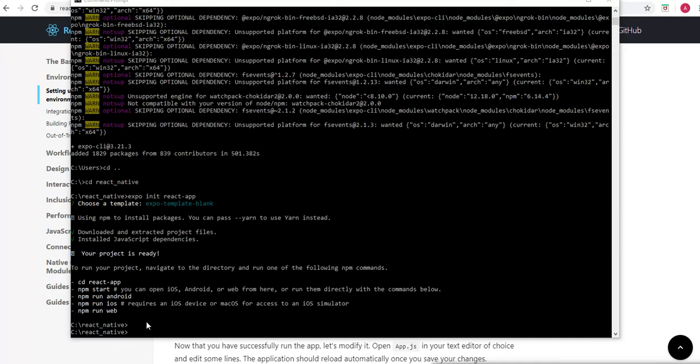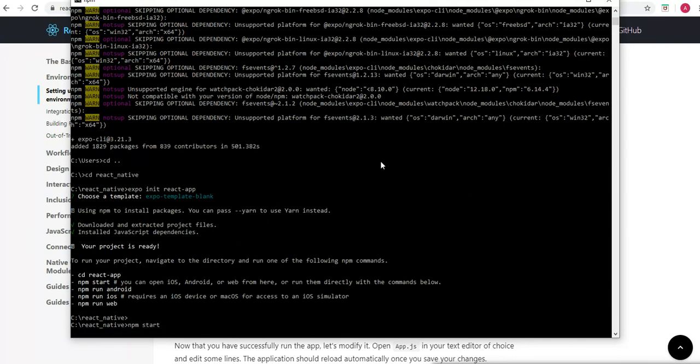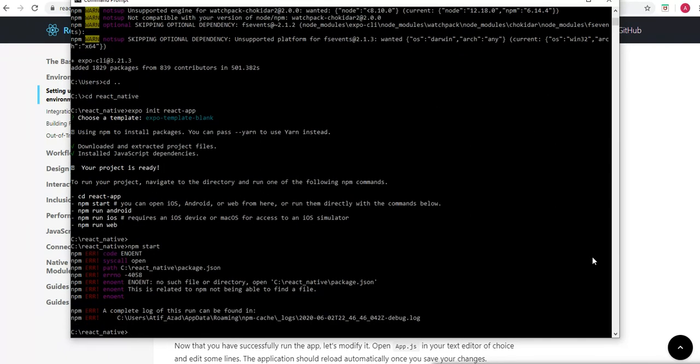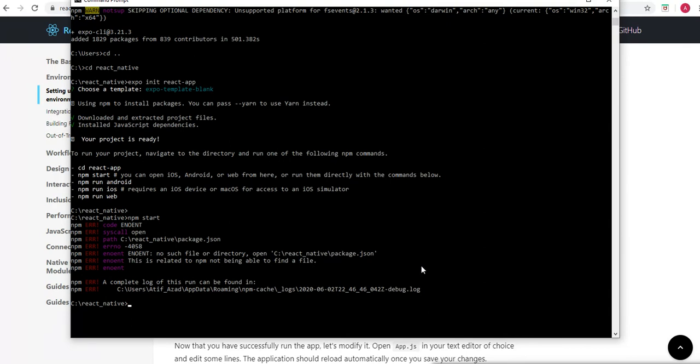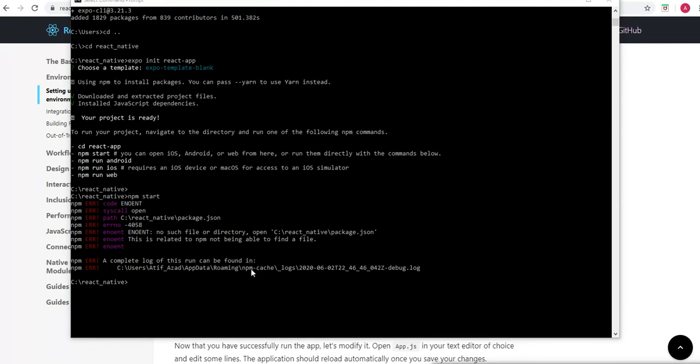We can do npm start to run the project, and then we have npm error. There is some error. Yeah, first we have to go to the React Native project, React app project, and then we have to do npm start, and now it will give us this QR code,